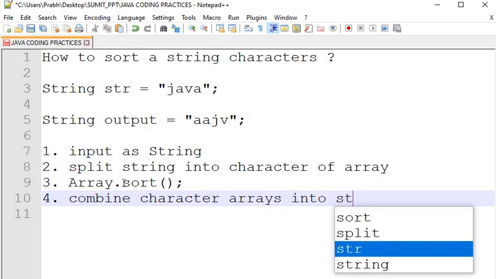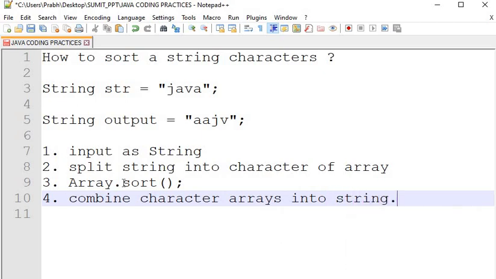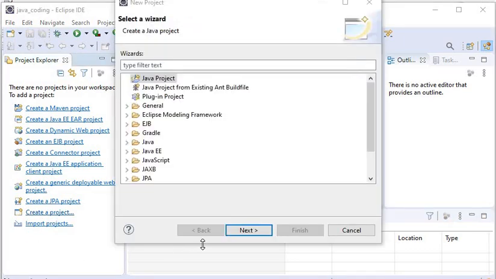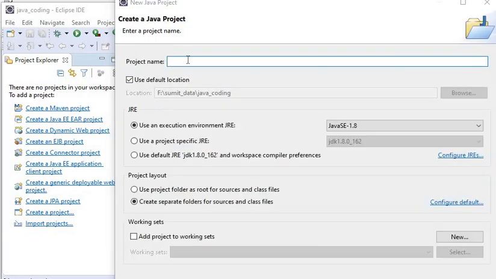Okay, let's start to write the code. So first I will open Eclipse, and here I will create a simple Java project. Java project name, Java coding practice.